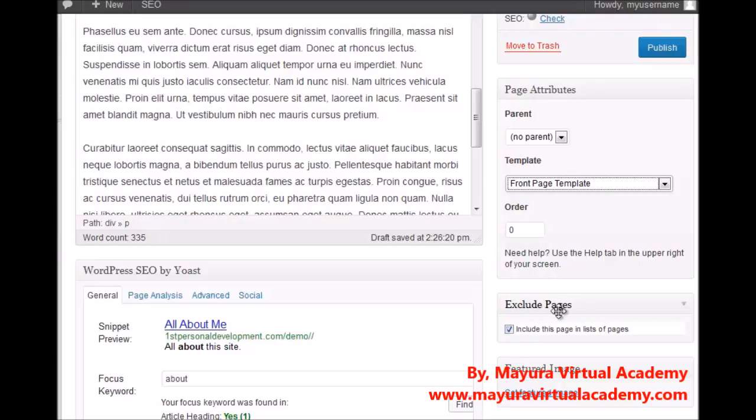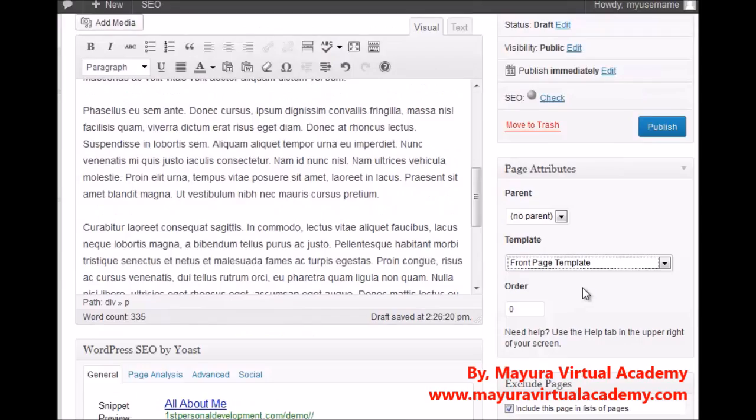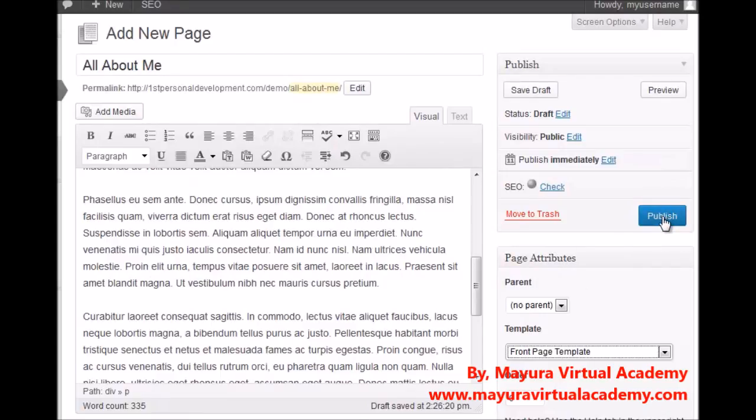And that's the exclude pages from navigation. That only includes on pages, not posts. So if we did another one called privacy, we'd untick that, because typically we'll put that somewhere else, out of the way, tucked, hidden, but visible. If that makes sense, it won't be on the main menu bar. So we got that,